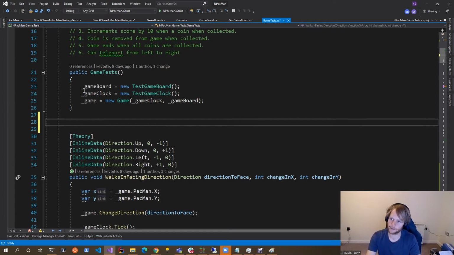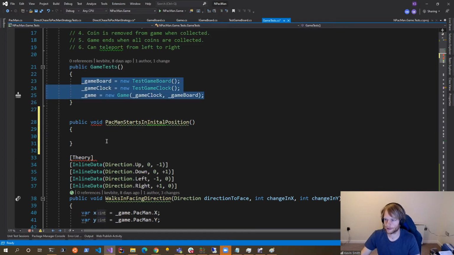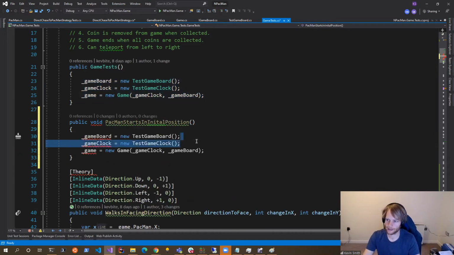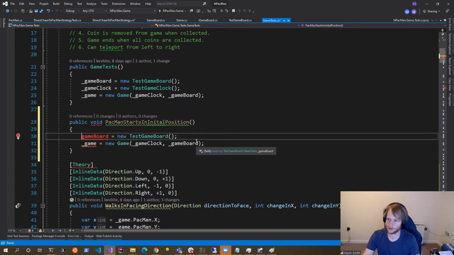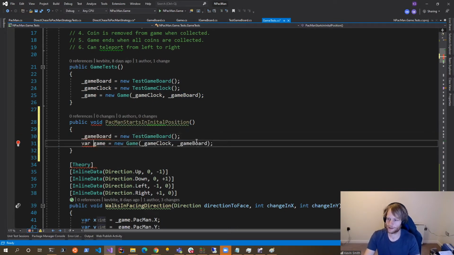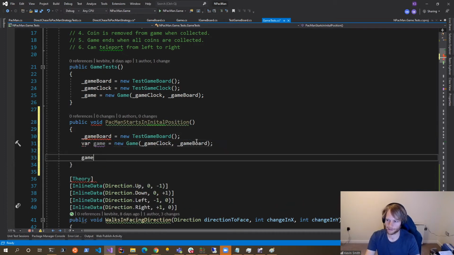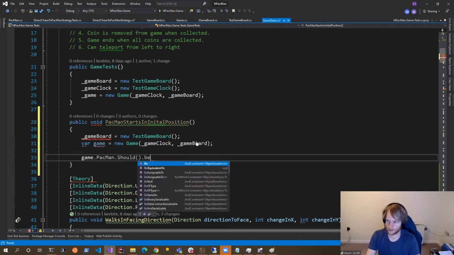So I suppose there's another one where the PacMan starts initial position, which we don't need them. We need a game board and the game, and then we can say game dot PacMan dot should be equivalent to